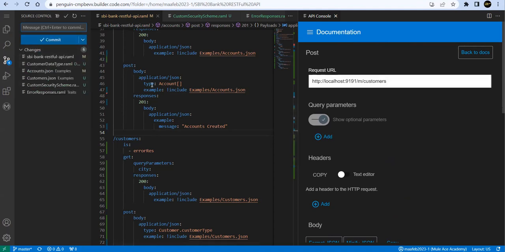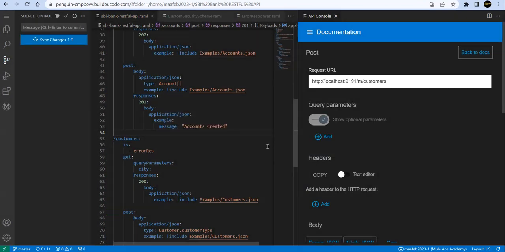So let's go ahead and commit this. First, I'll say complete API specification. Okay, commit it. Yes, save the changes. Once this is synced,